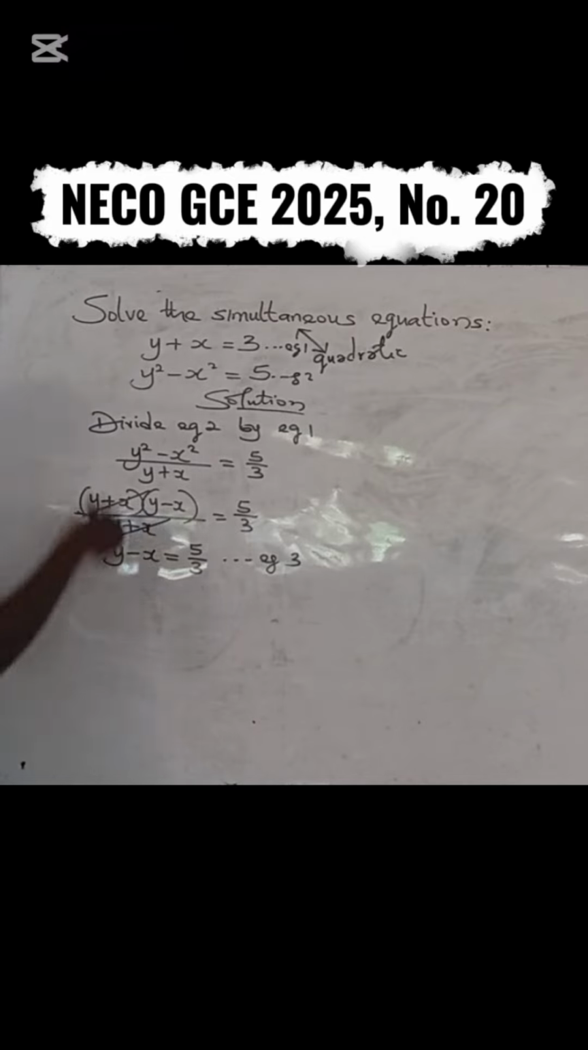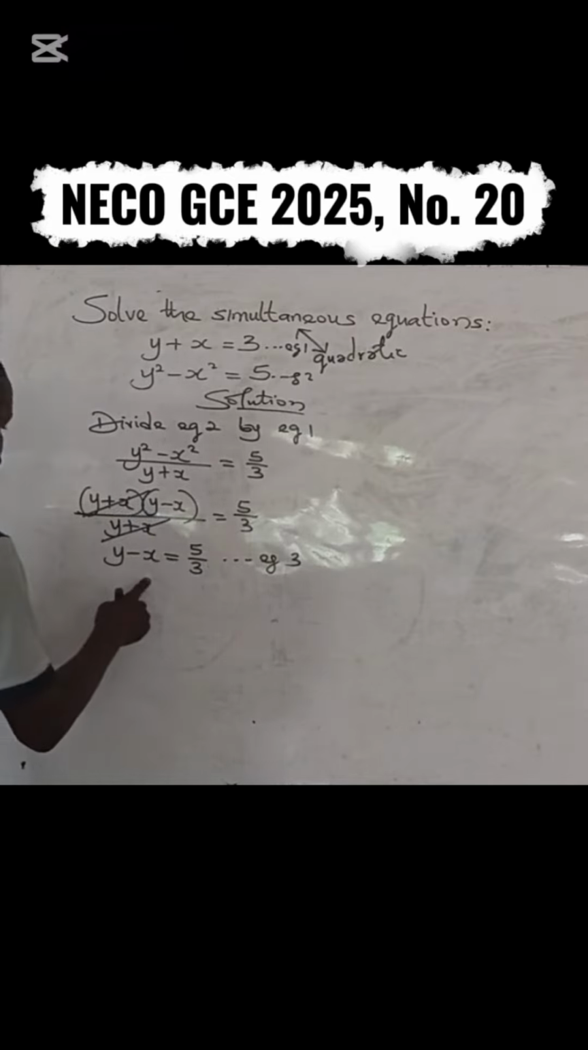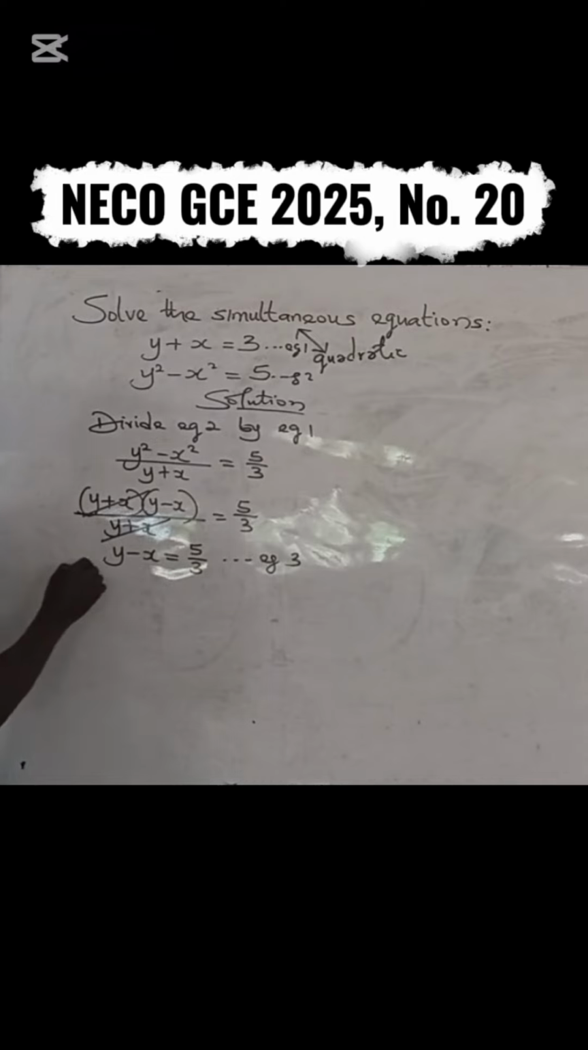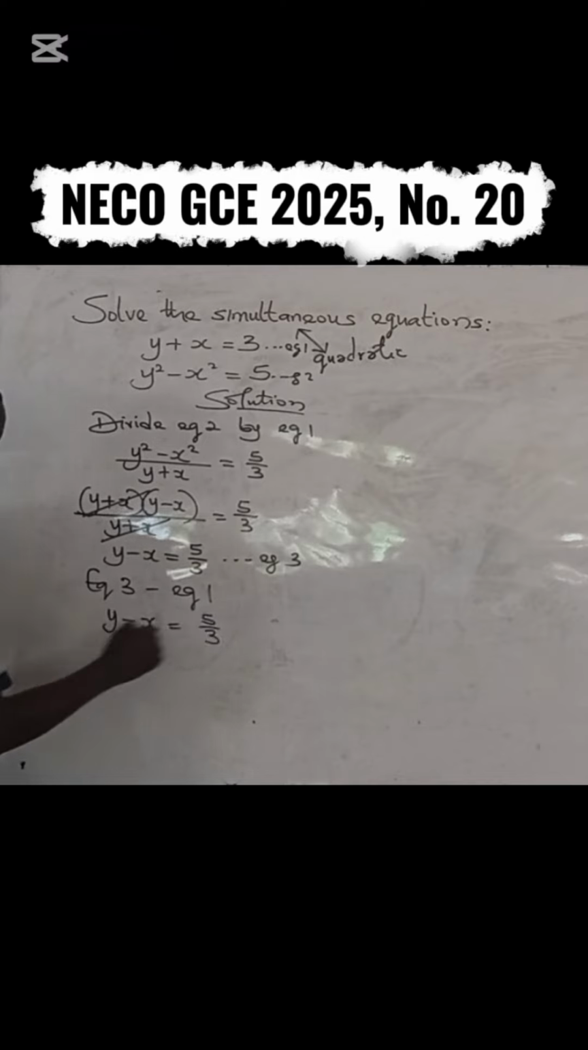Now, what we're going to do next again is to look at equation 1 and equation 3. Then we subtract. We can say equation 3 minus equation 1. And the best way to do it is this, like saying y minus x equals 5 over 3, and then y plus x equals 3. So by subtraction,